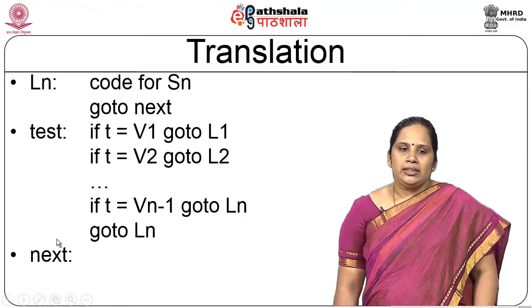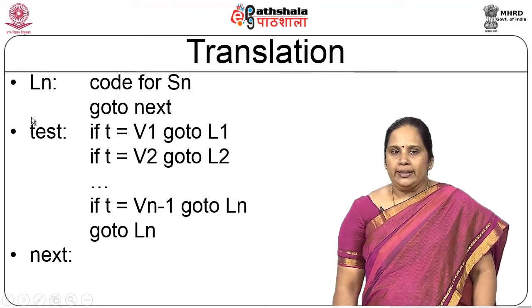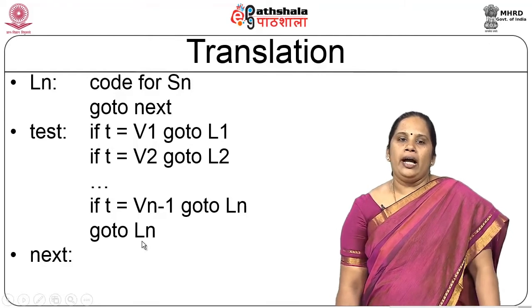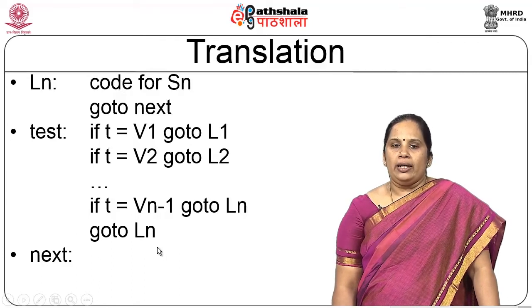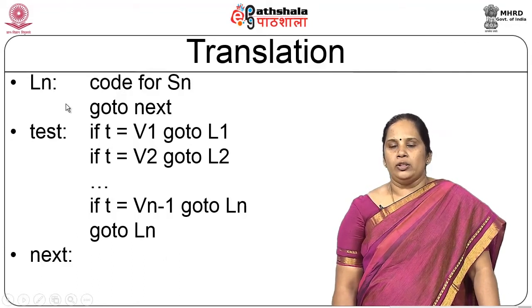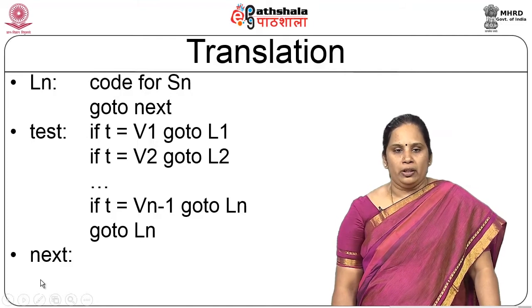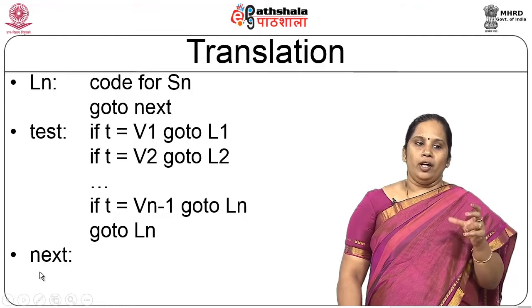So, I will first evaluate the expression, put it in a value and simply issue a command to go to this particular label. Once I come to the test label, that will be a sequence of if and a go to, okay, it will be a conditional jump, and the default here is go to Ln. So, I can go to any one of the Li's, and after Li is done, I will have a go to next, which means it is going to come to the last line, that is outside the body of your switch case.